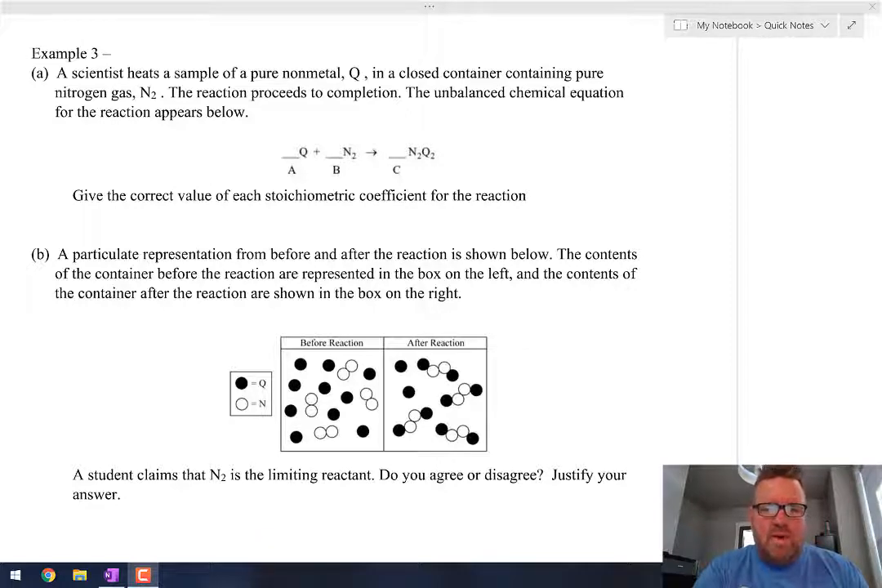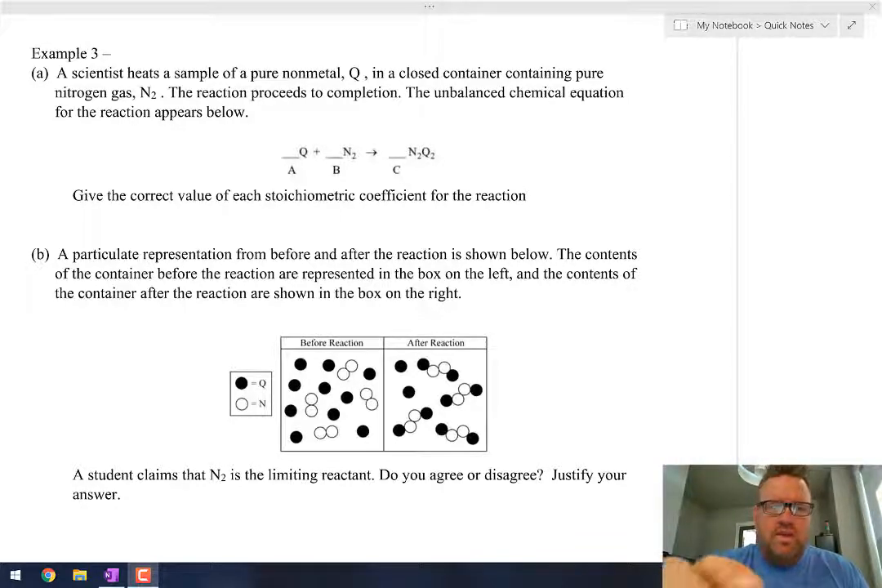And then in the second problem, we looked at a multiple choice type scenario where again they gave us the concentration and the volumes of both reactants. We had to figure out which one ran out first and then use that limiting reactant to figure out how much product we got. So in this example, it says a scientist heats a sample of a pure nonmetal Q